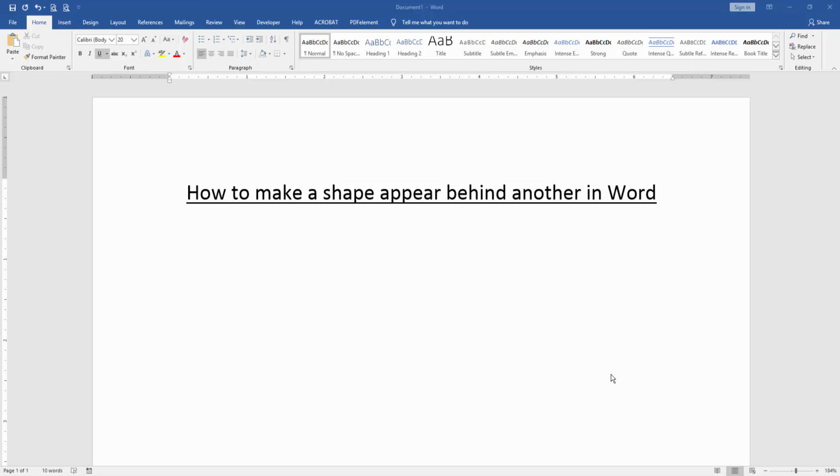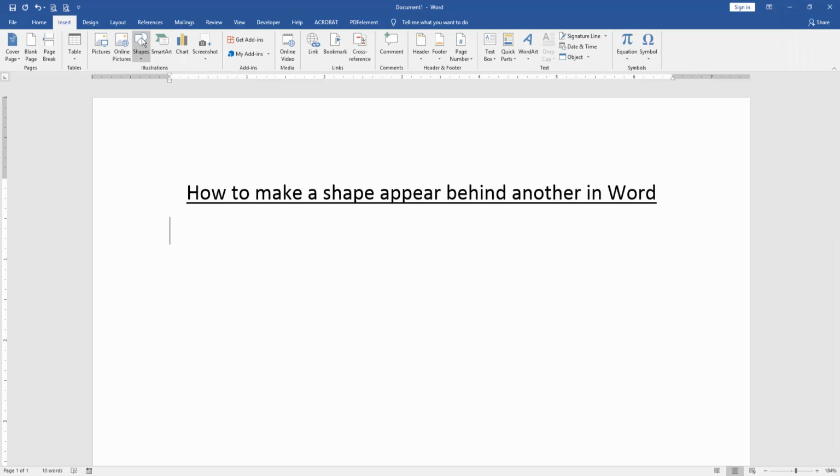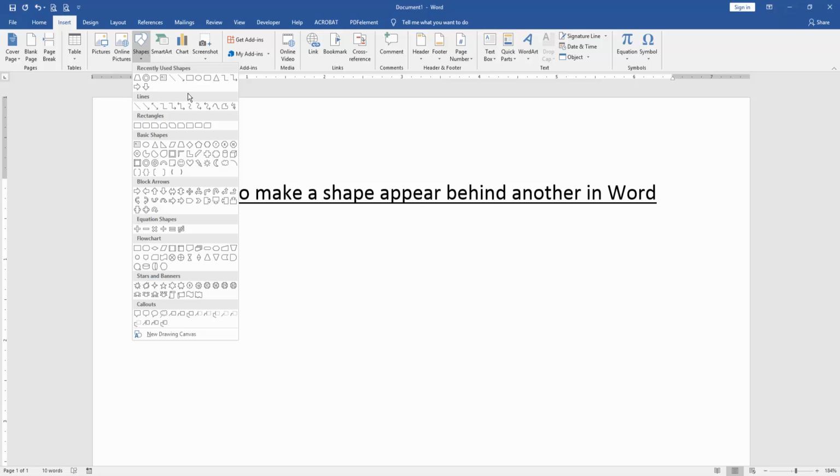In this video, I am going to show you how to make a shape appear behind another in Microsoft Word. Let's get started. Firstly, we have to open a Word document. Then we go to the Insert menu and click Shapes option. Then insert some shapes. Now I select the